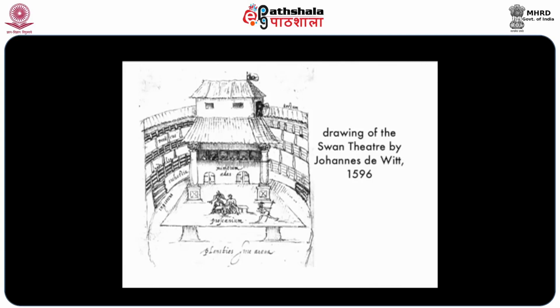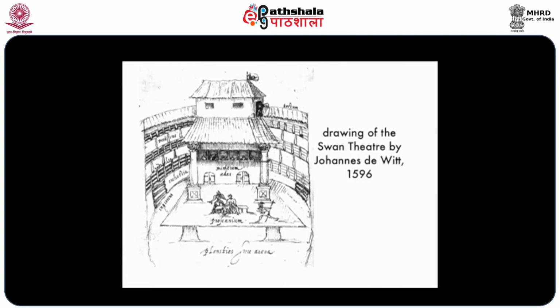There were what are called flies, the area above the stage where a rope and pulley could be set up so an actor could be hoisted up into the air so that it looked like he was flying, as they would have done in The Tempest. There was at least one trapdoor in the floor of the stage so that an actor could jump down into it and appear to disappear or come out of it. In Hamlet, Hamlet would have jumped into Ophelia's grave, right? So that would be the trapdoor.